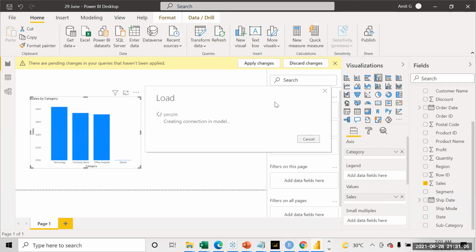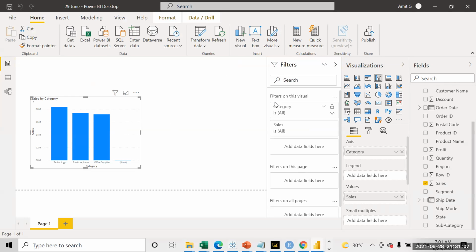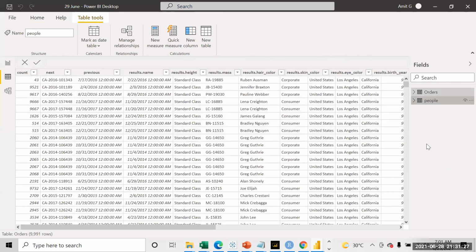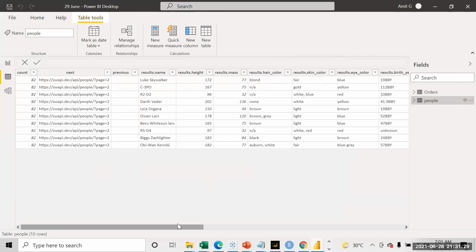So if you want to pull the data from Twitter, for that you have to create developer accounts through which you get some access tokens and keys, with the help of which you can get that access. So over here, if you go to the table of this people, okay. So I was just seeing if the column names are coming fine. Okay, cool.